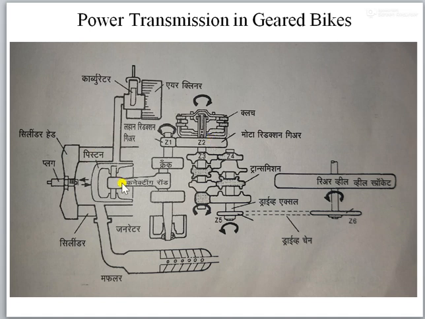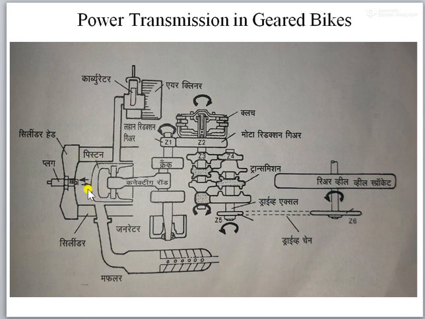Okay, so this is an engine. In the case of the two-wheeler, as I told you, we have very little space available. So the engine, the gearbox and the clutch assembly are enveloped in a single casing. Because of the limited space, our transmission system is very short in length in the case of the two-wheeler compared to four-wheelers and other vehicles. So let's see how the transmission takes place.